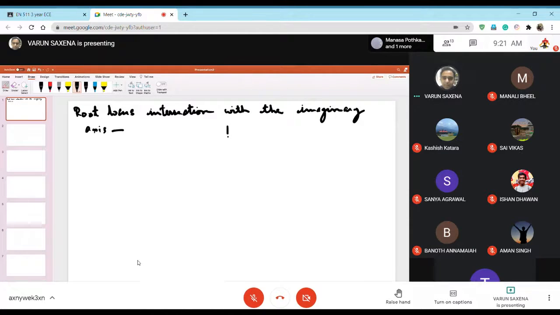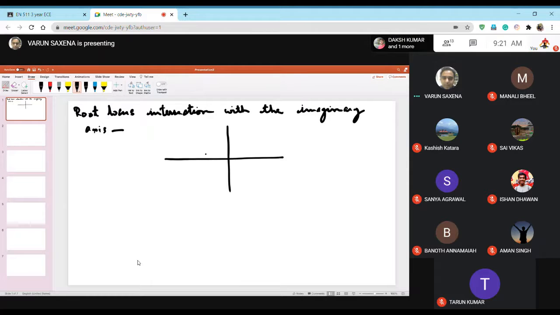So I told you that suppose if you have a root locus, we just take that example that we had taken yesterday. So you had three roots, one I think was -2, -1 and 0. So you had something going like this. Two, they were approaching like this. There was a breakaway point in the middle, and there were some asymptotes going like this, and then this went like this, root locus.